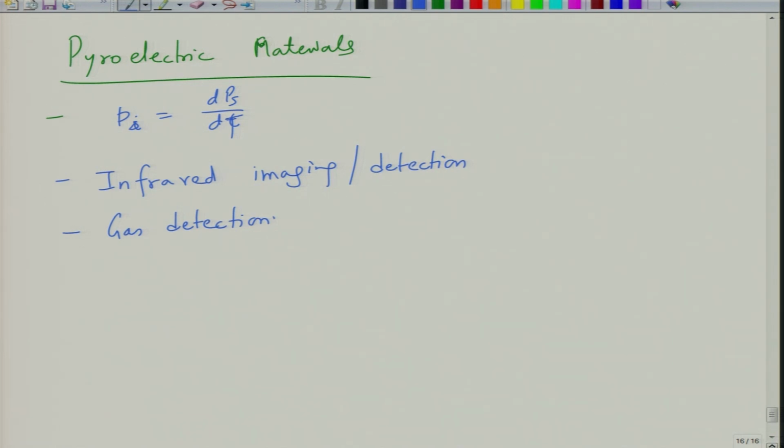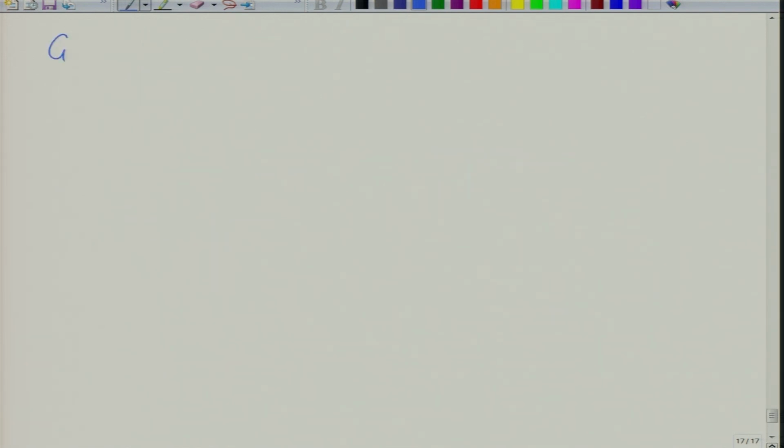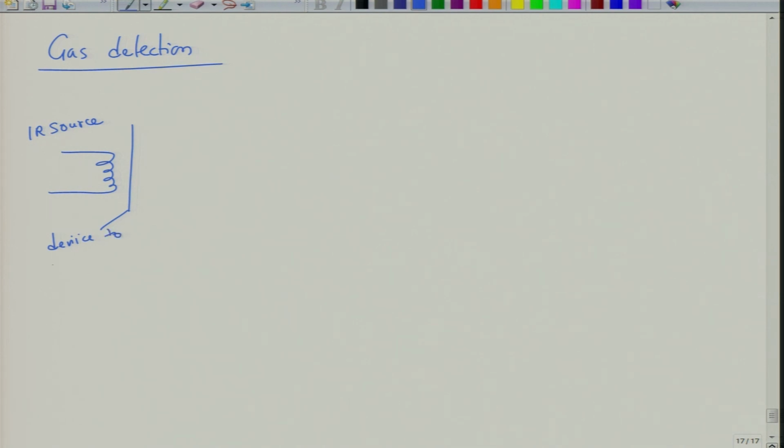So let me show you an application of pyroelectric. Let us first look at gas detection. Let us say we have an IR source, and this IR source is followed by a device to alter the signal.